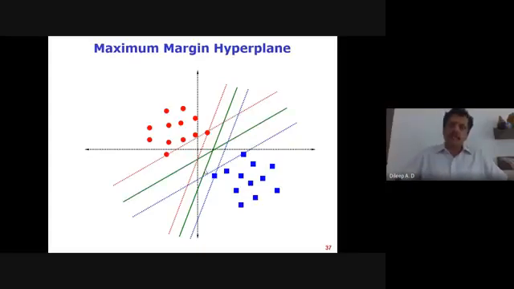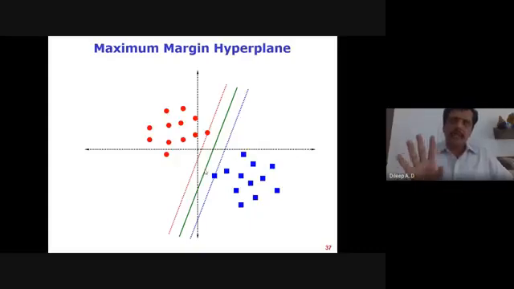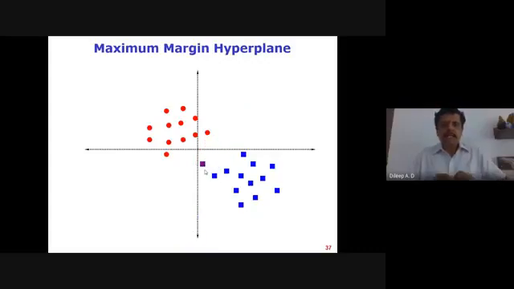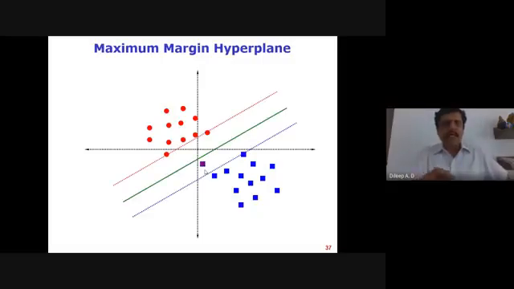So what is the benefit of that? In this case also, the separating hyperplane is in the middle of the region of the two classes, but its margin is less. Suppose you consider this new blue square here, which is on the wrong side of the separating hyperplane. This can be considered as misclassified. But if I consider the second margin, which is larger than the previous one, it can very well separate this. It's still on the right side of the separating hyperplane, right?